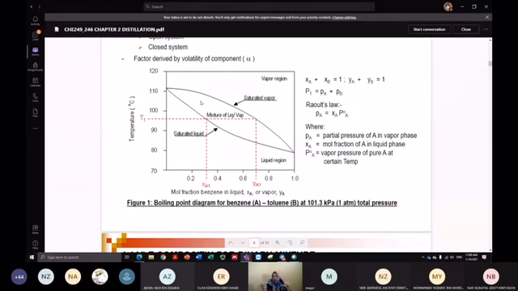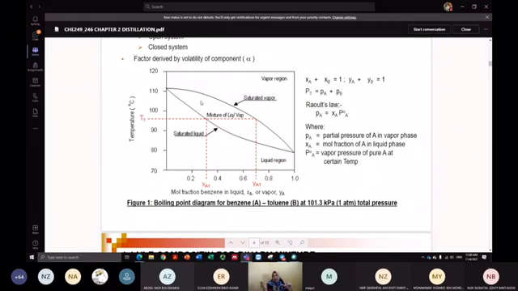That condition from your feed is called the feed condition. So what is the feed condition? The feed condition involves the temperature of the feed,